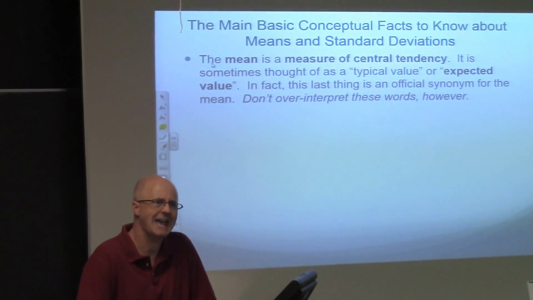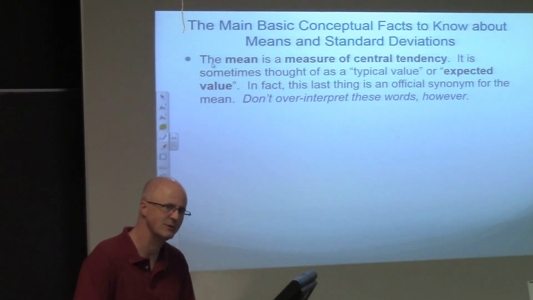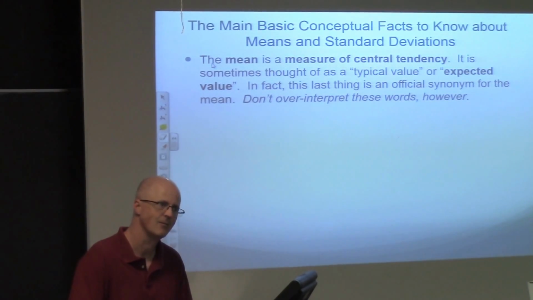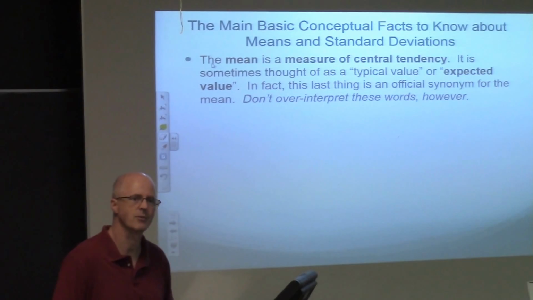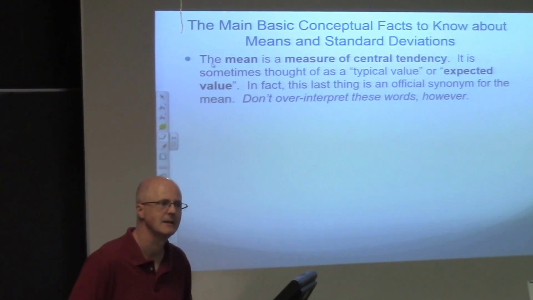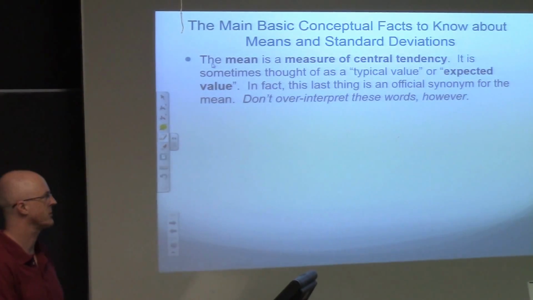You shouldn't overinterpret the meaning of those words, though. Just because we say expected value doesn't mean you're going to get a value close to the expected value. We saw that in the data. You're not necessarily close to, for example, 34 degrees Fahrenheit on an arbitrary day in March 2014. So don't overinterpret the meaning of those words.